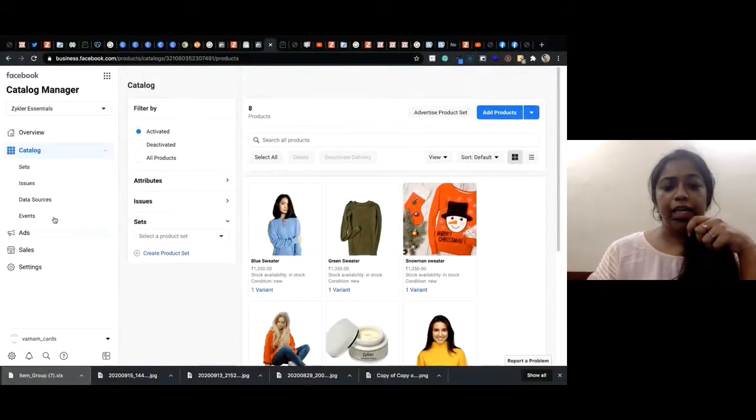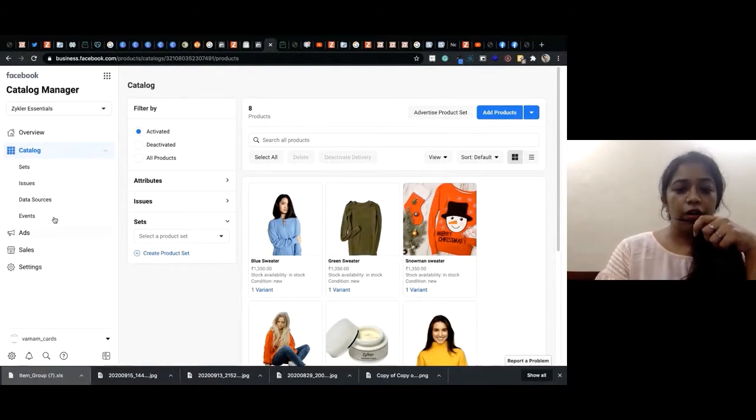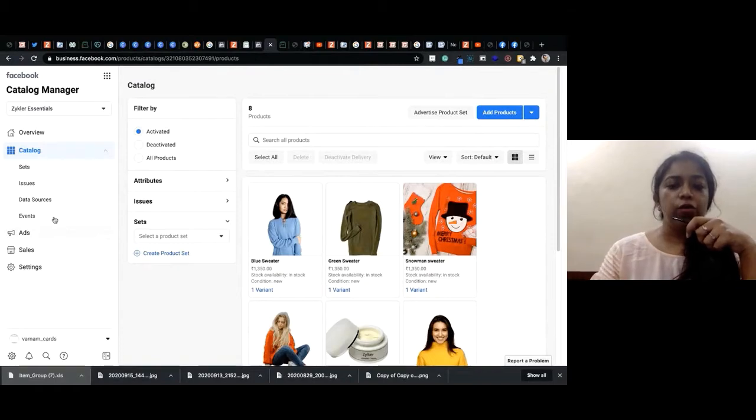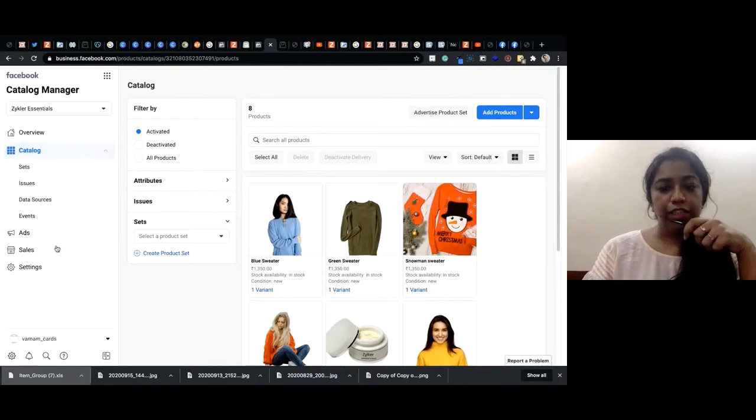Basically my Zoho Commerce store has all of these products. By just adding a pixel in your Zoho Commerce backend, we have managed to sync all of our products, and all of these products are updated. If these products run out of stock, it is going to show out of stock, and we can set up our catalog in such a way as to not display out of stock products. So everything is seamless. Your commerce is talking to Facebook, and your Facebook is talking with commerce. That is how this particular feature works.